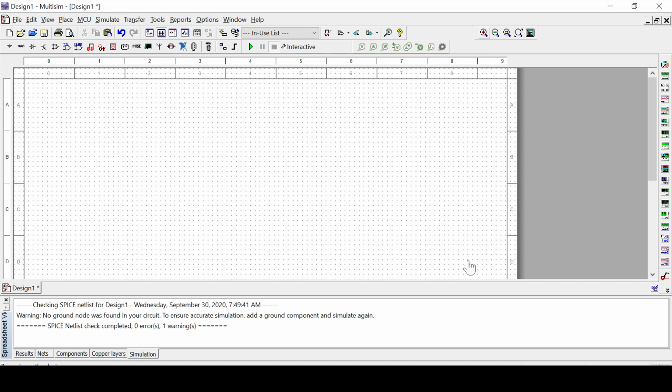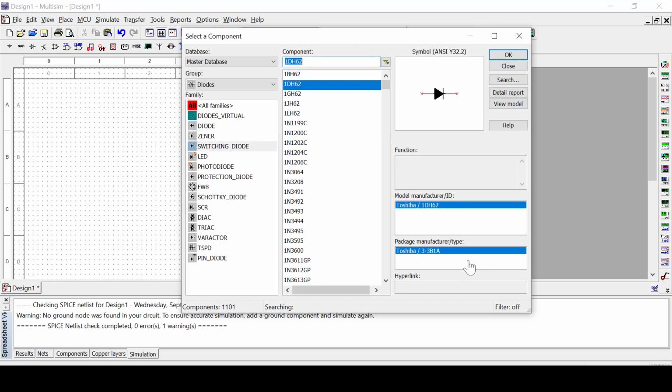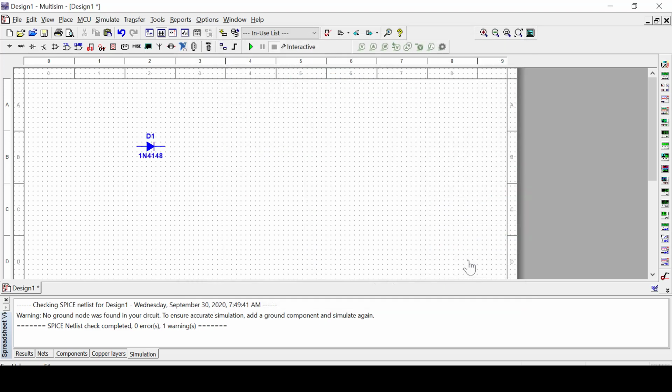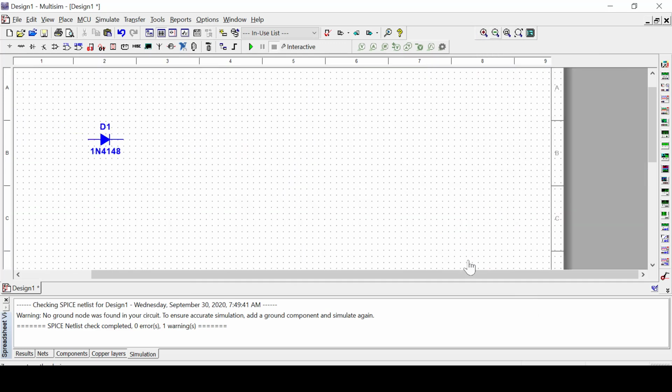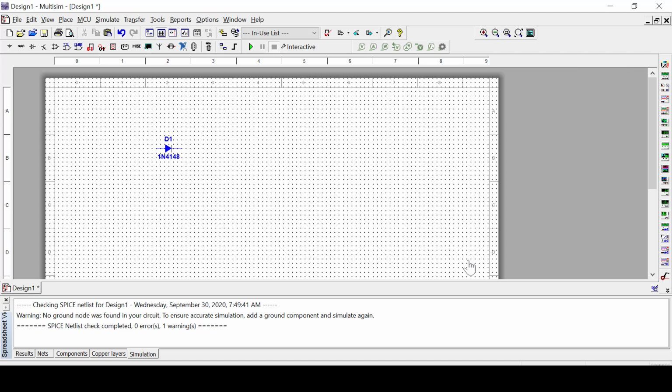Then if you look here, there is one more panel. This is the zoom panel. Suppose I keep one component, let me show you how it's going to work. So if I use the zoom, it's going to zoom in and zoom out your work window. Okay, this is all about zoom options, and this is about how to run and stop your simulated circuit, and these are components.